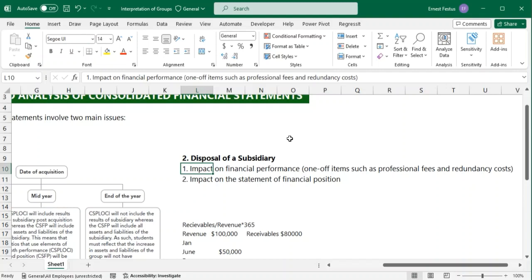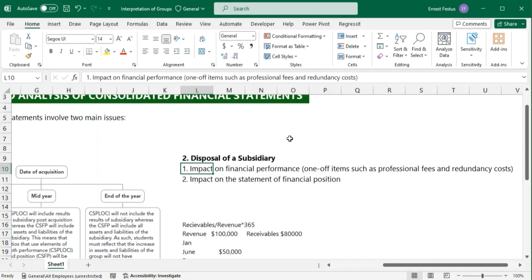Working capital ratios or efficiency ratios, and we are talking about receivable collection period and all those items, involve items from the consolidated statements of financial position as well as the consolidated statements of profit or loss, and so they are going to get distorted, right? So what you have to do is eliminate these one-off items in both statements to be able to clearly or correctly analyze your ratios. In fact, you have to eliminate them before calculating your ratios, before analyzing them